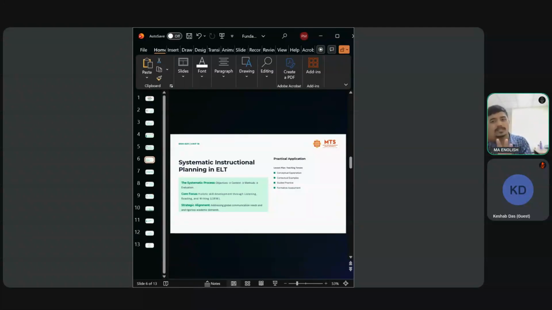Now, the central point is LSRW, that is listening, speaking, reading, and writing. These are the four core language skills, and a good ELT lesson plan should aim to develop all four, not just one or two. For example, a lesson on teaching